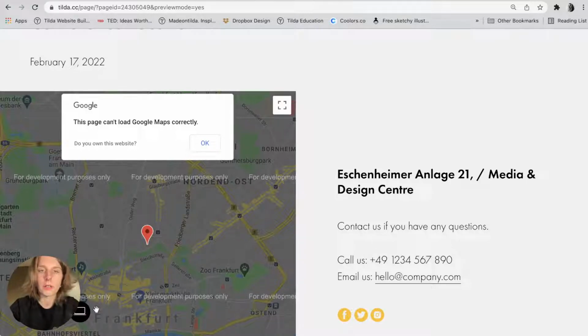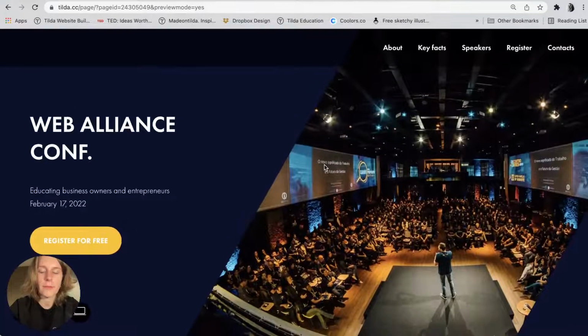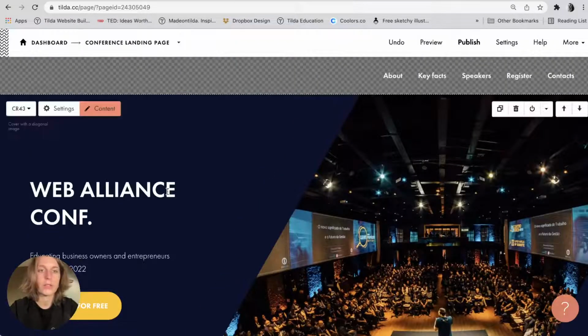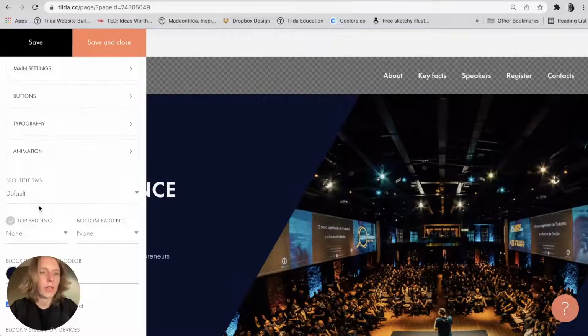So as for the marking system, since you're a marketer, I imagine that a marker system is something that you use to mark up the hierarchy of the titles and the texts on your website. If it's something else, please let me know what you meant. But if you are talking about this markup, I will show you. It's on Tilda. So in case you want to upgrade the SEO, let's say to boost your SEO, over here